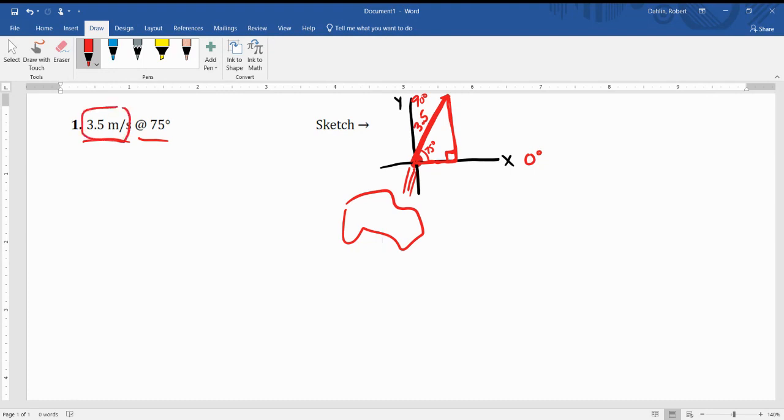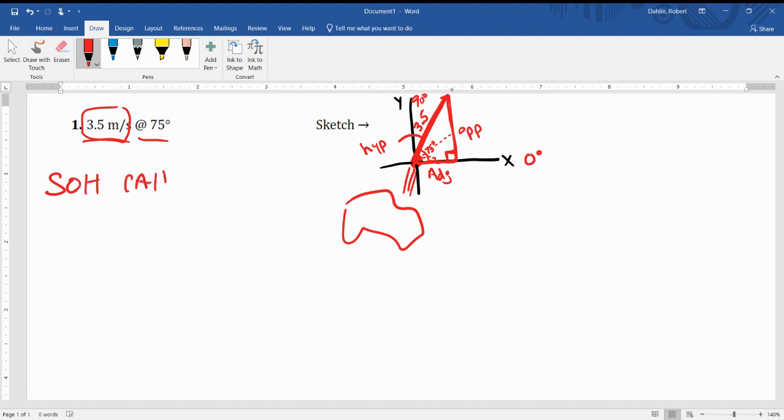Now, I realize that's not a length. 3.5 m/s is a speed, but we can use the same principle here to figure out how much of the speed is up and down and side to side. Let's label some things. This side here is our hypotenuse. The side of the triangle opposite the angle is what we call the opposite side. The side touching, or adjacent to, the angle is what we call the adjacent side. All of this comes down to being able to use SOH CAH TOA